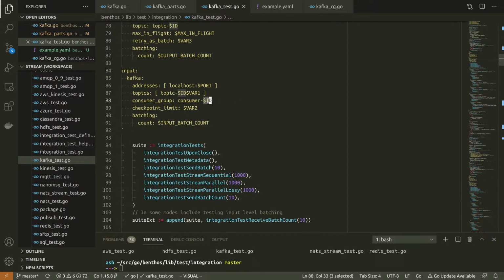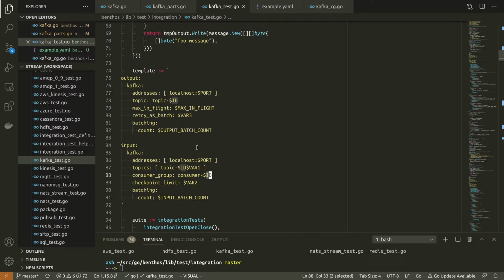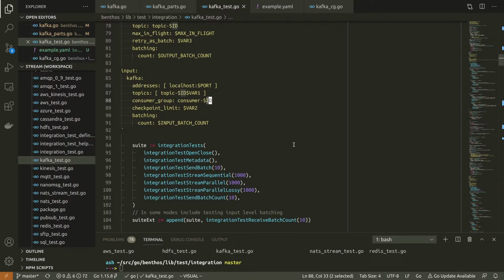So the ID, this is the most important part of the test. An ID gets generated for every single separate integration test that runs. And when you interpolate that into your config, that is supposed to provide total isolation between the different tests, so they don't step on each other's toes. So in Kafka world, I create a completely separate consumer group and run off a different topic. Whereas for S3, for example, the ID would determine the bucket's name. So you're always interacting with a different bucket for each test.